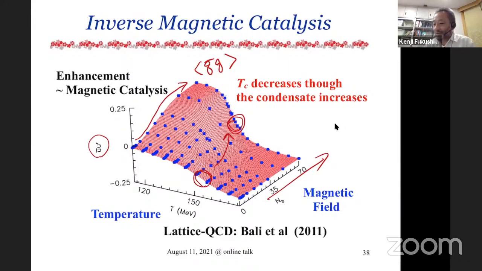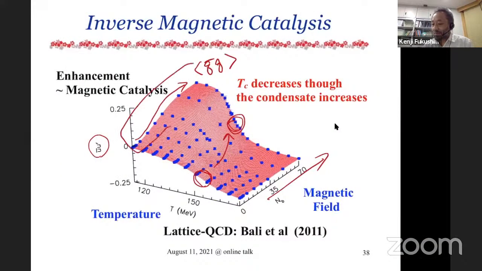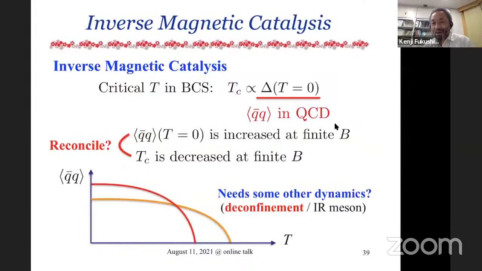So this is very surprising, because people usually understand that chiral symmetry is spontaneously broken by the BCS scenario. And according to the BCS theory, the transition temperature should be proportional to the gap at zero temperature. The gap at zero temperature is this, okay? And even though the gap at zero temperature is increased, the transition temperature is decreased. So this is very unconventional, and this is far from understandable from BCS theory. So this is a challenge to theory, I must say, okay?